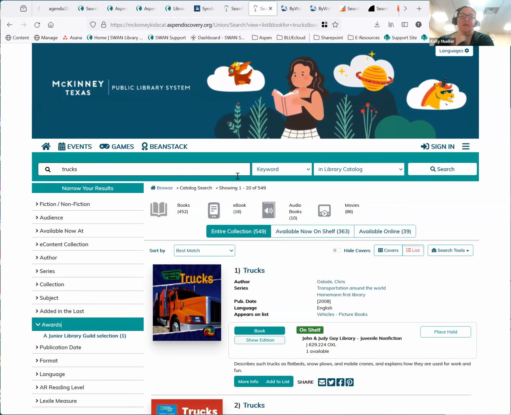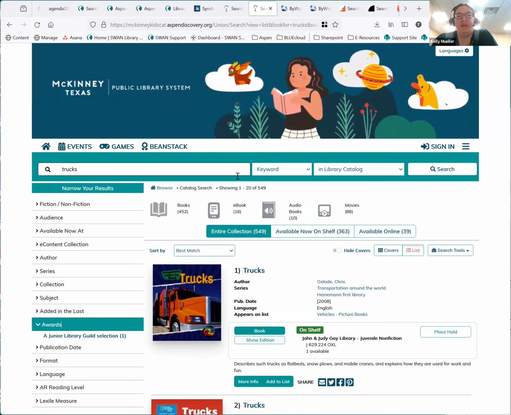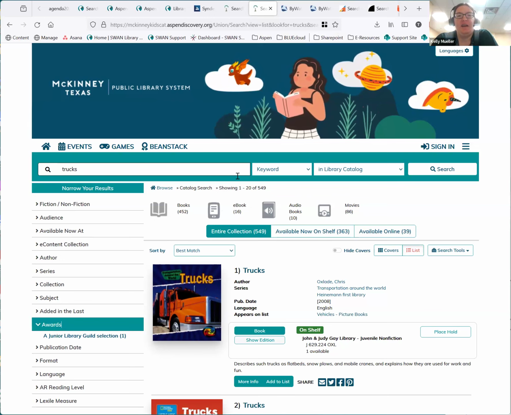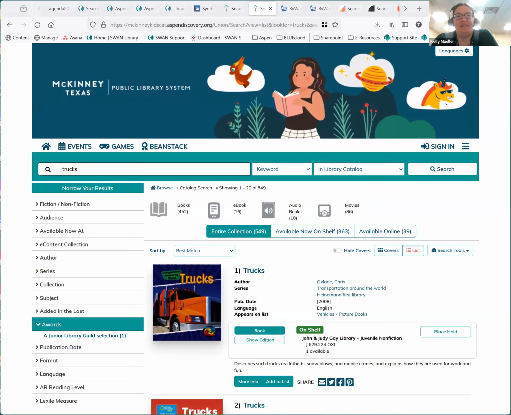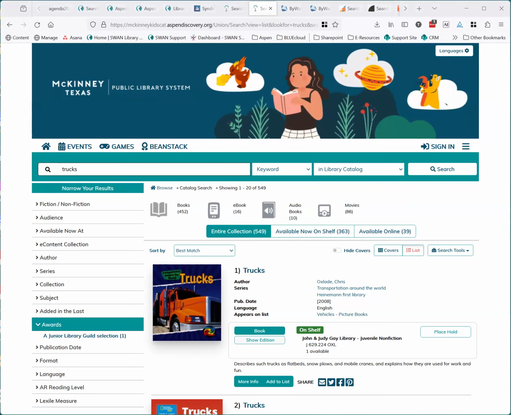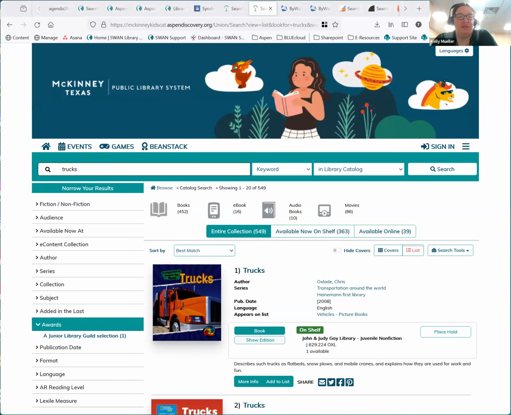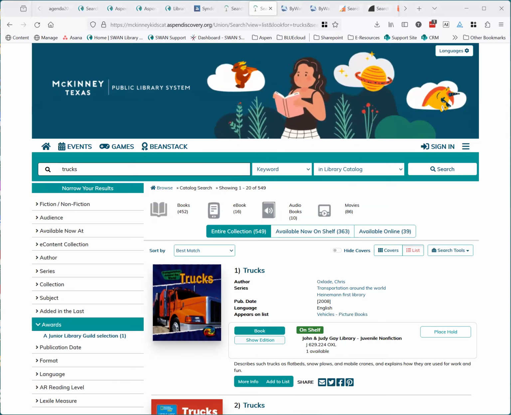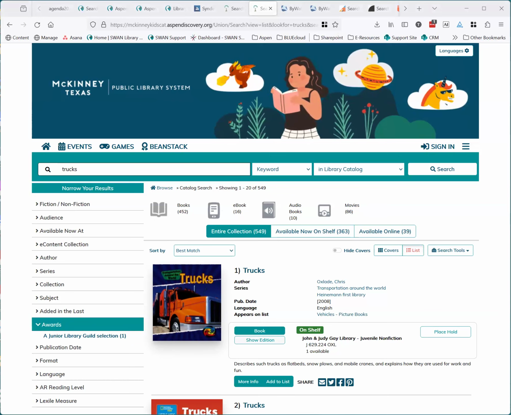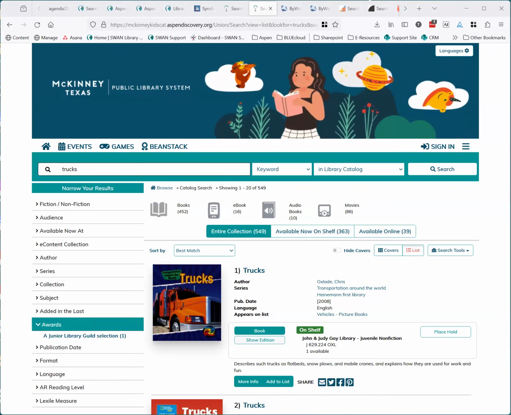I don't want to limit kids to only finding items in the juvenile section. What do you have to say, Jane? It's problematic because, yeah, it's a nice idea, but I have to agree, because there's times when we're looking for stuff and there's nothing for kids about that subject, because, as you know, kids ask for all kinds of crazy stuff